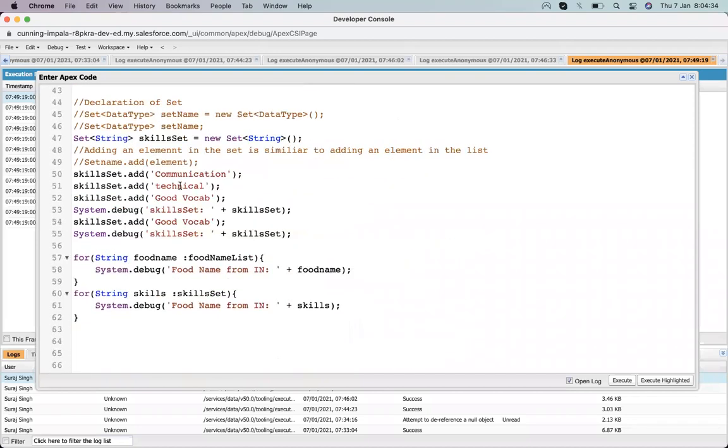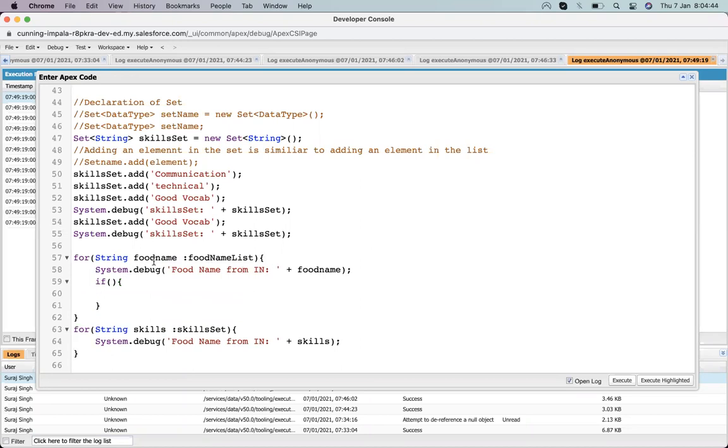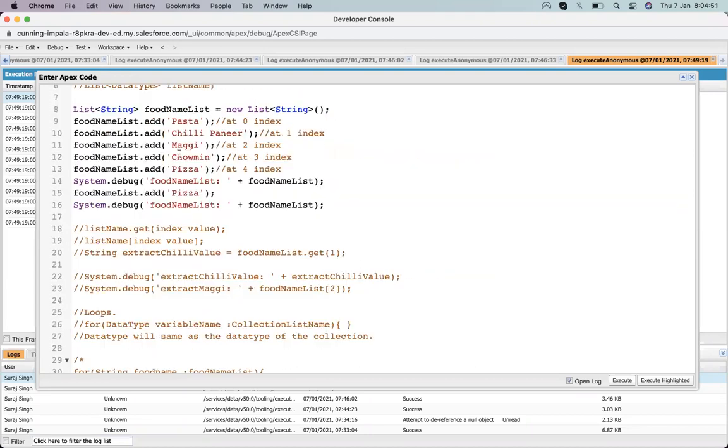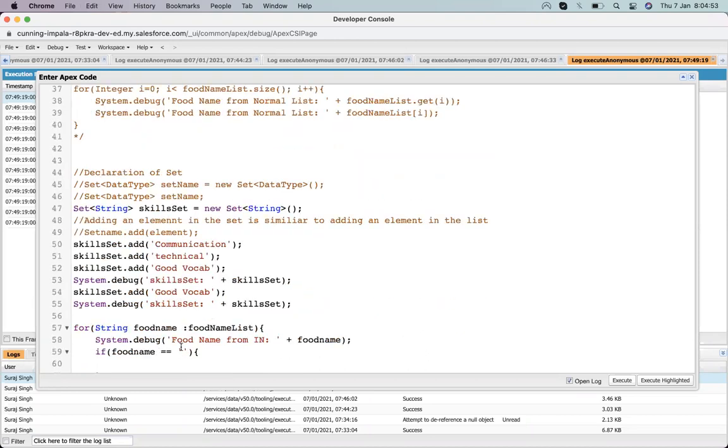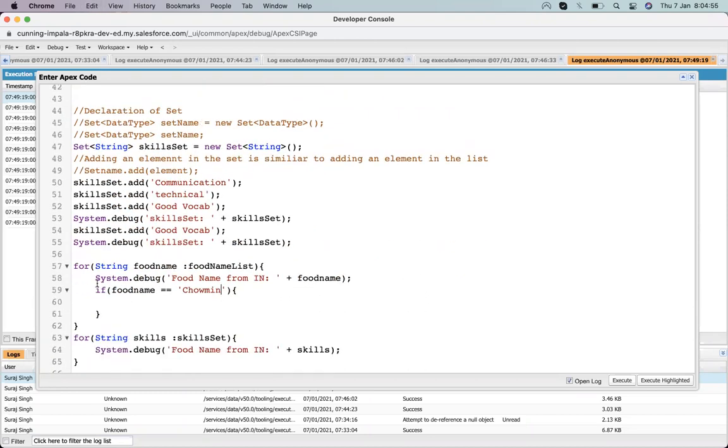So what I will do is write a loop, and then here I will check if food name equals Chomin, then it will print, yeah, I found Chomin.